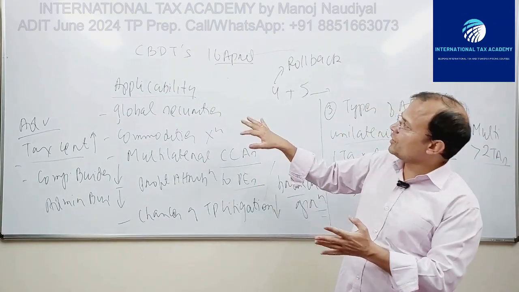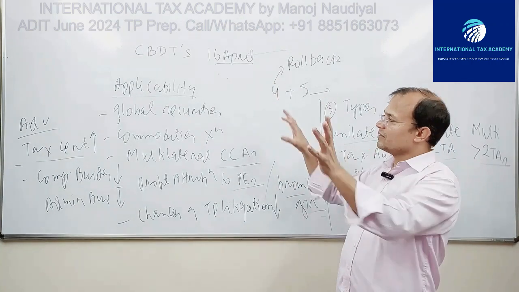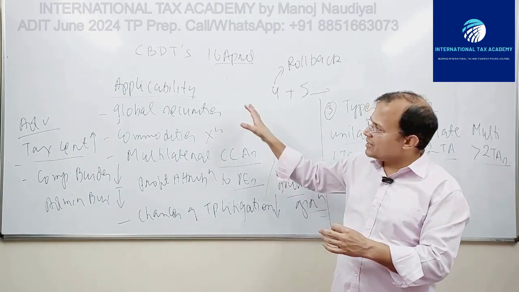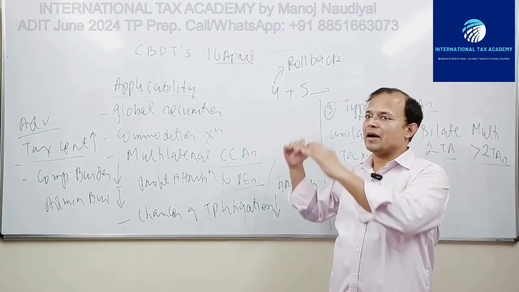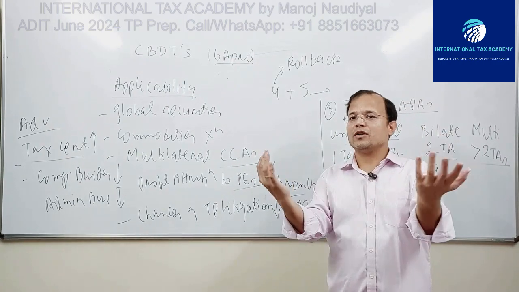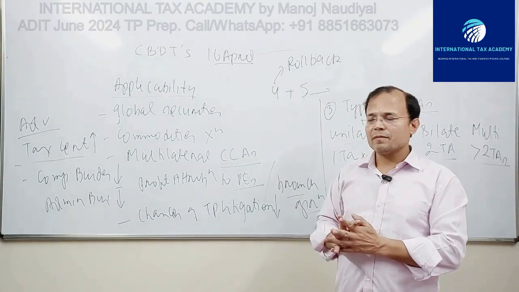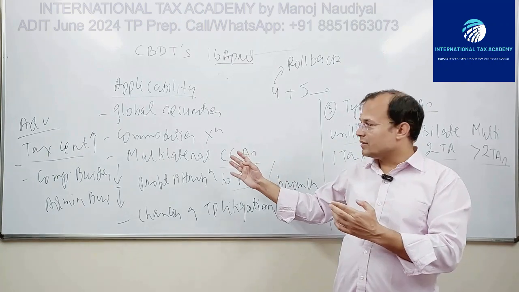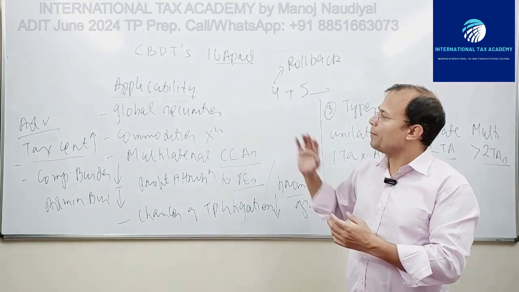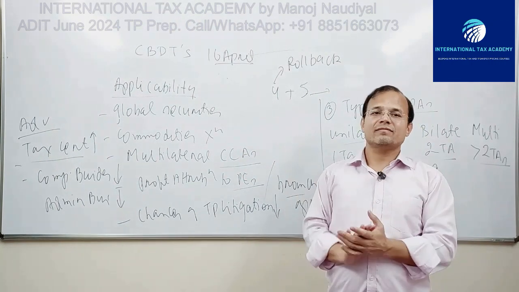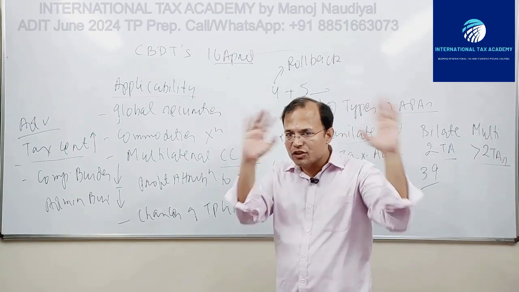Fine. So this was a very short video starting with the statistical figures given by CBDT, then the concept of APA. Everything is determined in advance using an appropriate set of criteria, then features, rollback, then applicability as well as advantages. So I hope you would have got a quick gist